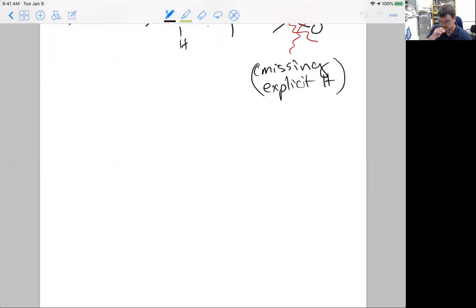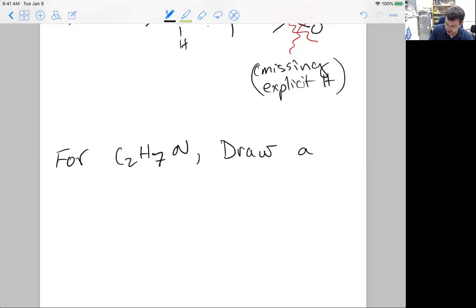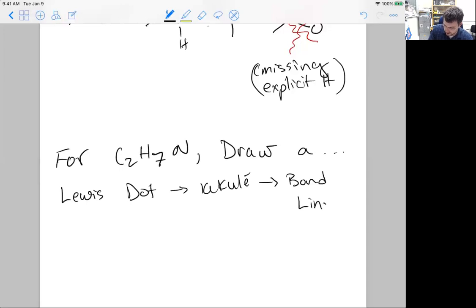So for example, let's do this. Let's draw, for C2H7N, a Lewis dot, Kekulé, and bond line. As you're learning these, it's helpful to progress in this order, starting with the Lewis dot